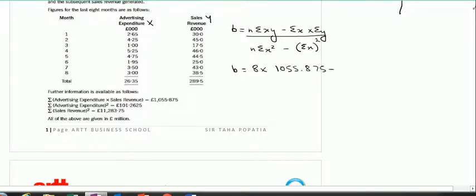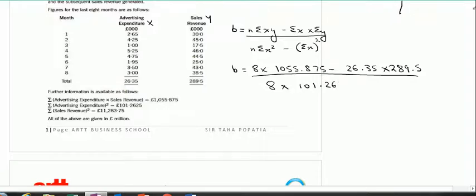1055.875 minus 26.35 into 289.5 divided by n times, or 8 times, summation of x square, which is 101.2625, minus summation of x whole square, which is 26.35 whole square. Now if you solve this for B,